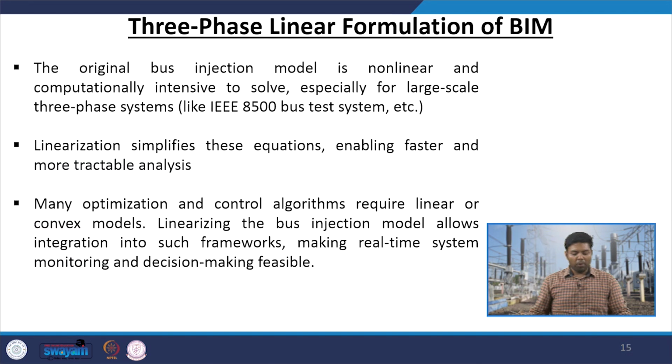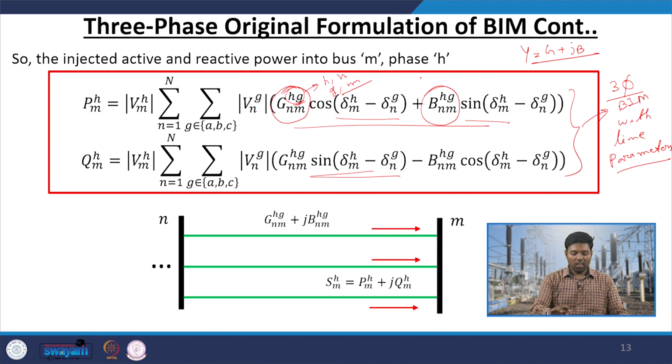So, what is the problem with this 3-phase non-linear BIM model? First thing, your original bus injection model is non-linear, that we have seen, right. You have cos term, you have sine term and multiplication of these 2 components, voltage components, you do not know the voltages, right. So, multiplication of 2 unknowns, that is also a bilinear term. So, we call it a non-convex equation or non-linear,